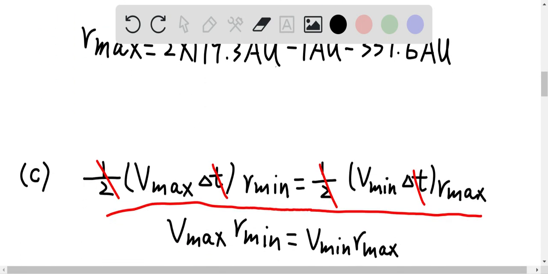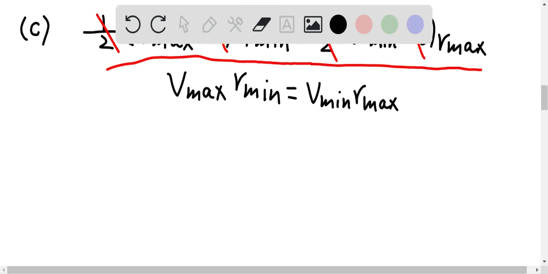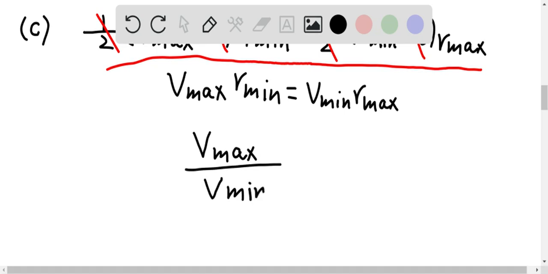And for the last question, well, we can come up with such equation here, which is 1/2 V_max times delta T times R_minimum is equal to 1/2 V_minimum times delta T times R_max. So V_max here is the speed at the closest point, and V_minimum here is the speed at the furthest point. As you can tell, 1/2 delta T can be cancelled out. So therefore, we have V_max times R_minimum is equal to V_minimum times R_max. So therefore, we should have the ratio between the speed at the closest point, which is V_max, over the speed at the furthest point, which is V_minimum here, is equal to